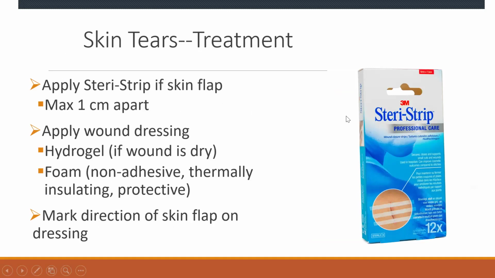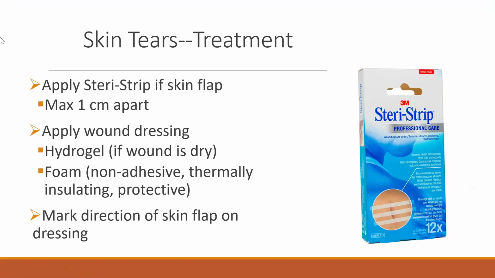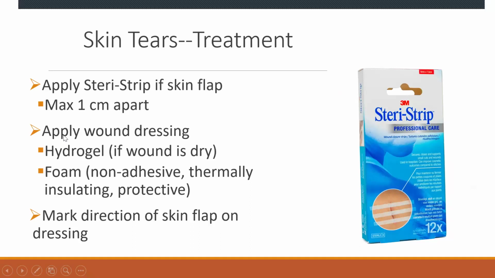Okay. So this is a steri-strip. You can buy this one, I think, in a pharmacy. So if you have a very tiny skin tear, you can consider using this one to help the skin close better. And normally the strips are about a maximum of 1 centimeter apart. 所以这个每一个小小的 strip 呢，就是最宽不要超过1公分，这样你的伤口才可以帮助它愈合得比较好。And also, sometimes you might consider using a dressing like hydrogel if the skin or wound is dry,